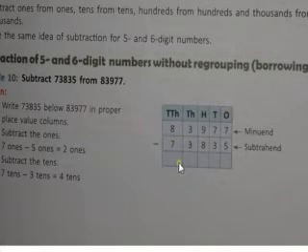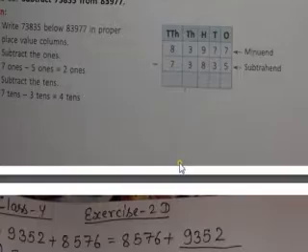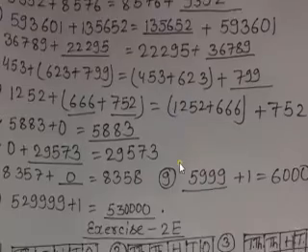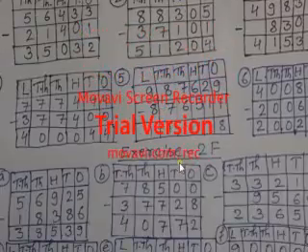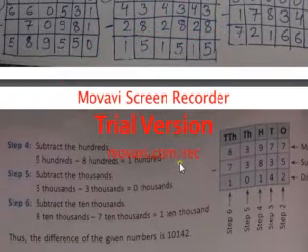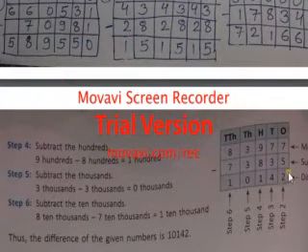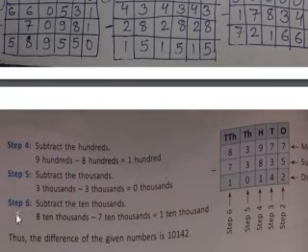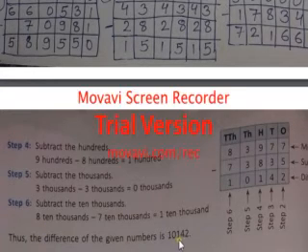In this way you will be subtracting. So you can see exercise 2D I had explained, and after that I had explained exercise 2E. Before that I will complete the same example over here. You can see subtract the hundreds, 100 has been subtracted. In the same way, subtract the 1000, 1000 has been subtracted, and then subtract the 10,000s, and 10,000s had been subtracted, and at last written: thus the difference between the two numbers is 10,142.